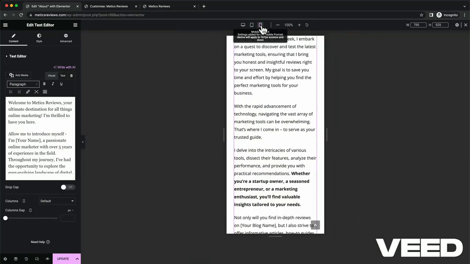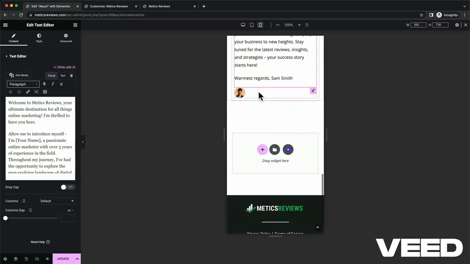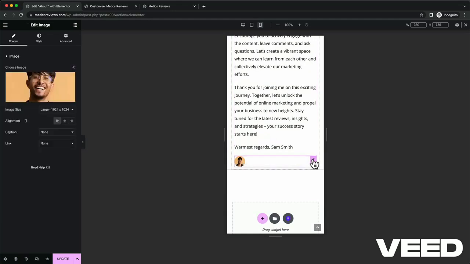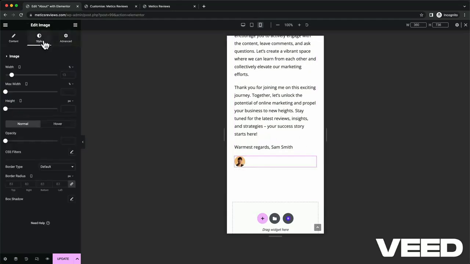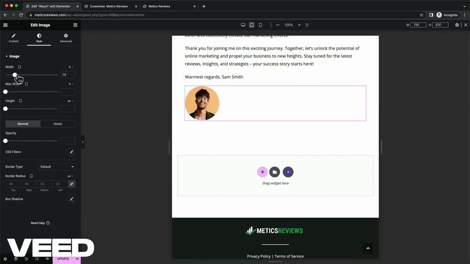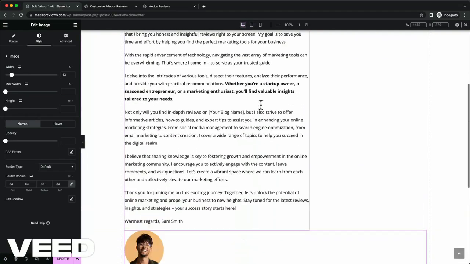Let's go to the mobile portrait mode. The text looks good, heading looks good. And here I notice the image is a bit too small, so let's just click on the pen icon here, go to style, and then let's go to width, and then change the width just a little bit so we can increase the image size. And maybe let's go back here and increase the image size here as well a bit. Let's go to width and then do it like this. And that's everything we need to do for the